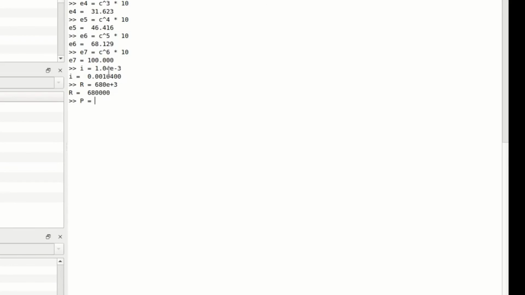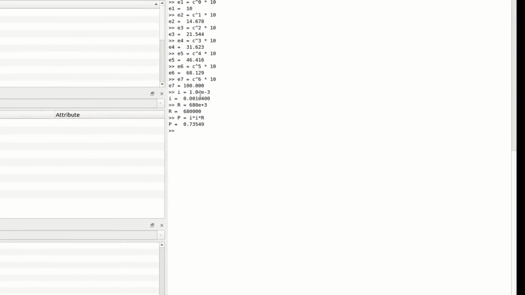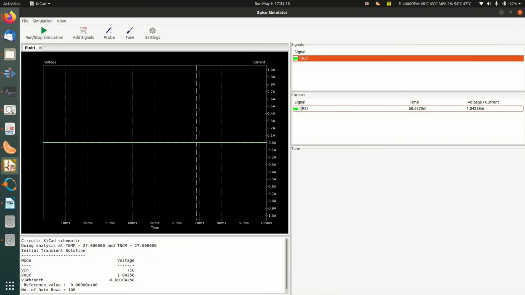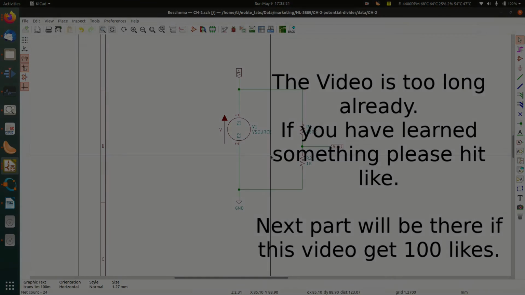Power P is equal to I squared R, I times R. It's 0.73549. So the resistance rating we require is a 1 watt resistor. A 1 watt 680 kilo ohm resistance will be enough for doing this job. This is how a DC potential divider works. Now we move towards the AC.